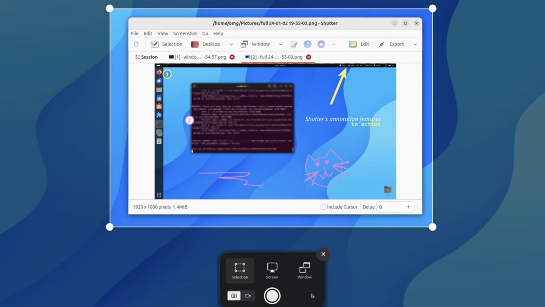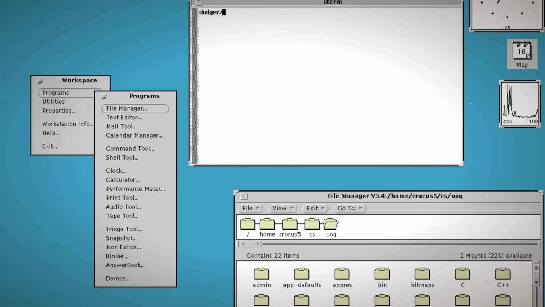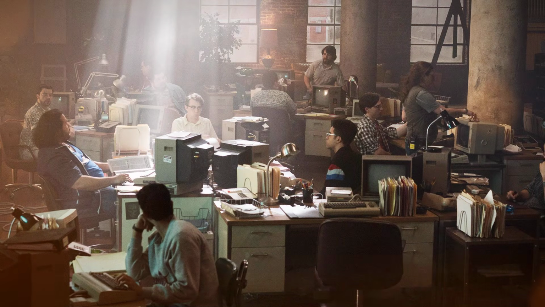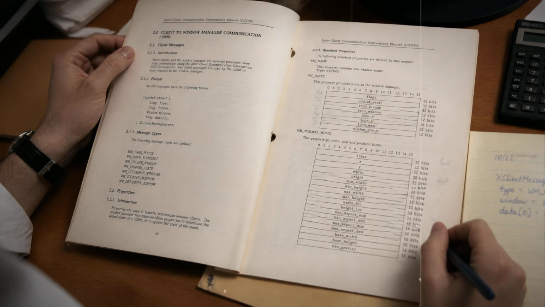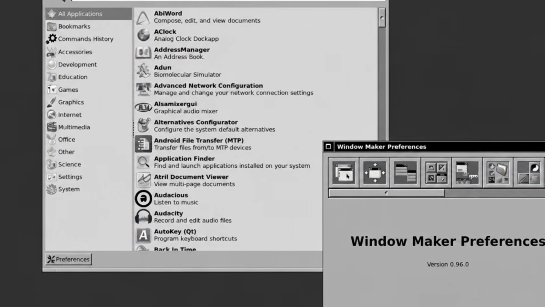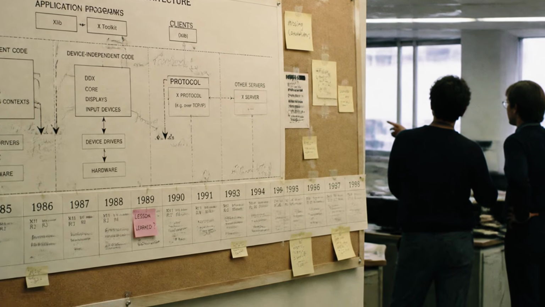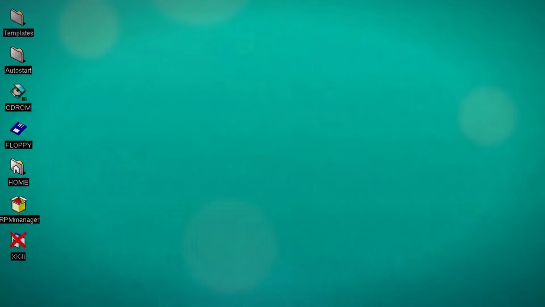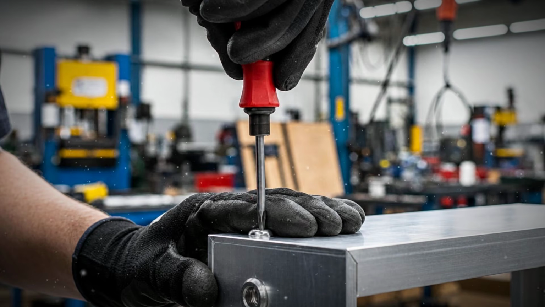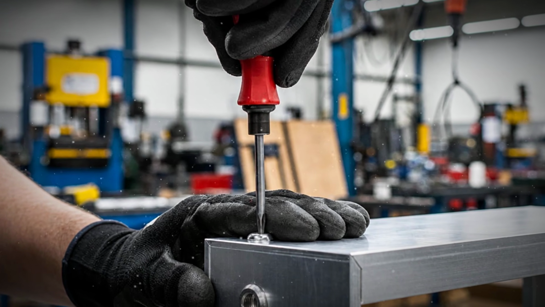X could draw your windows, yet it had no opinion on how copy and paste should work, or how a window manager should talk to your programs. That vacuum had to be filled by convention, a document called the Inter-Client Communication Conventions Manual. Every window manager read it differently, therefore applications that worked in one shattered in another. And because X still refused to enforce any of it, GNOME and KDE eventually arrived in the late 1990s and rebuilt the entire missing layer themselves, bolted on top of a protocol that would never hold it up from the inside. The seams still show.